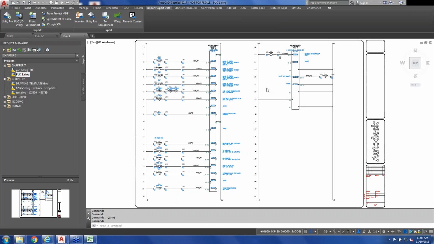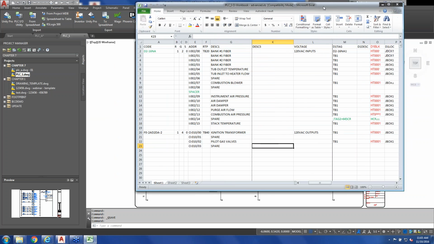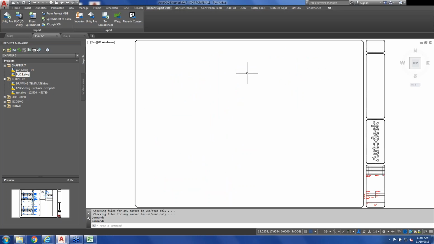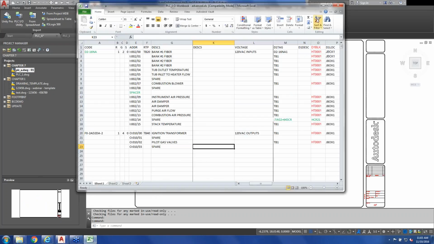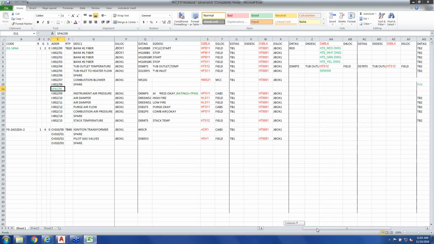This drawing may look familiar from part 1 of our webinar, where we created a drawing using a spreadsheet. This is the modified spreadsheet here that we'll be reviewing next. So again, we're going to use the PLC I/O utility to create some drawings. I'm going to start off with a blank drawing here and add a few things to my spreadsheet to annotate some additional information and create links between parent and child components. You can also add spacers, breaks, and additional drawings to your drawing set here, and we'll start going